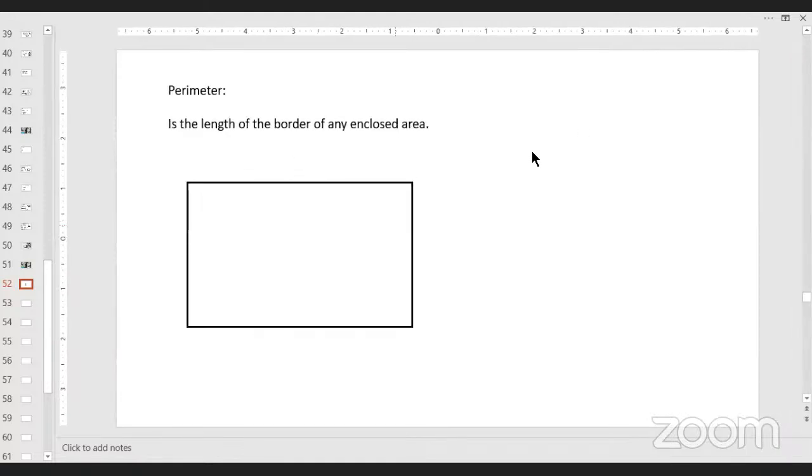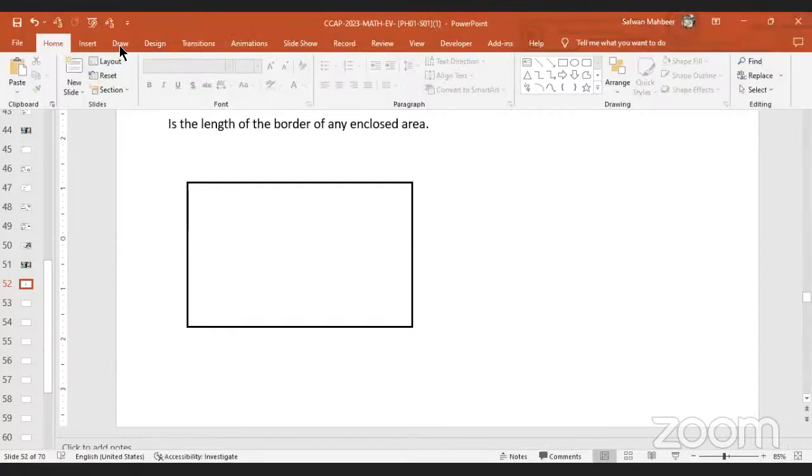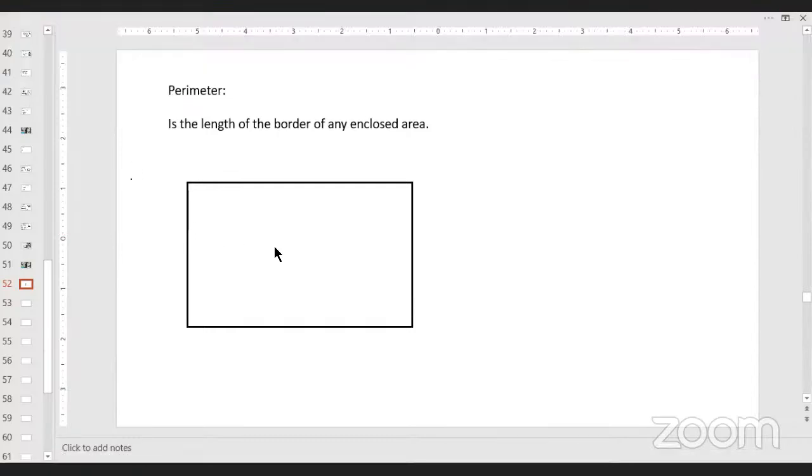So now we can say, if it is 16 meter in length, then this will also be 16 meter in length, right? And because the opposite sides of a rectangle are actually equal and parallel, right? Equal and parallel. And if this is 10 meter, then this will also be 10 meter, right? So now